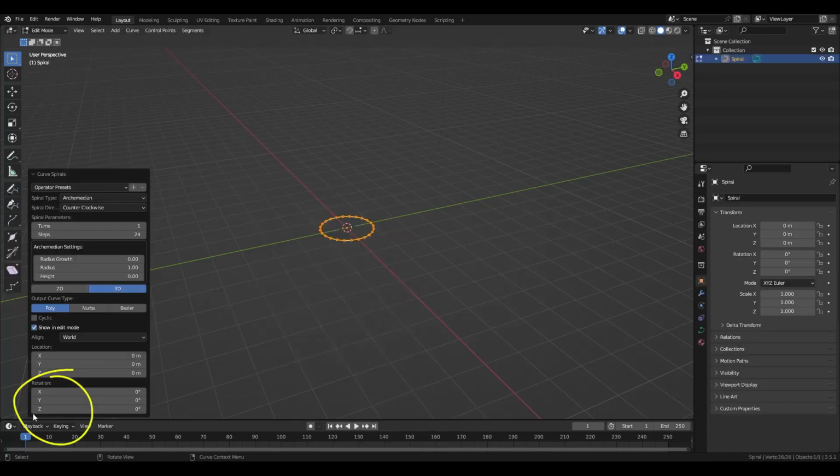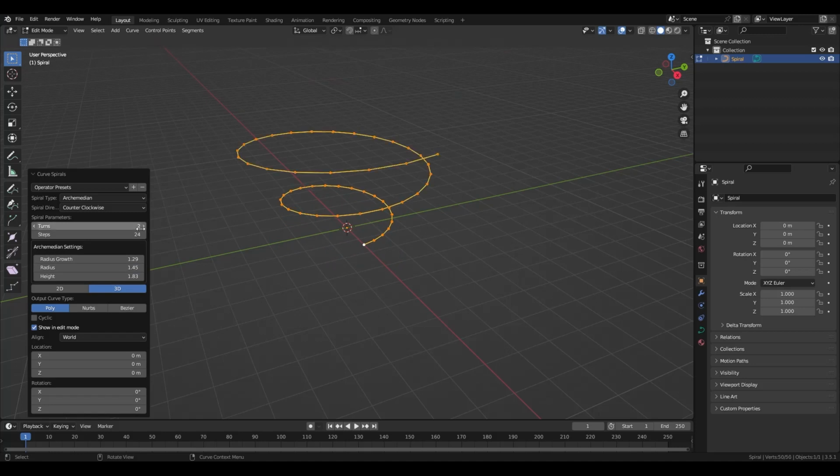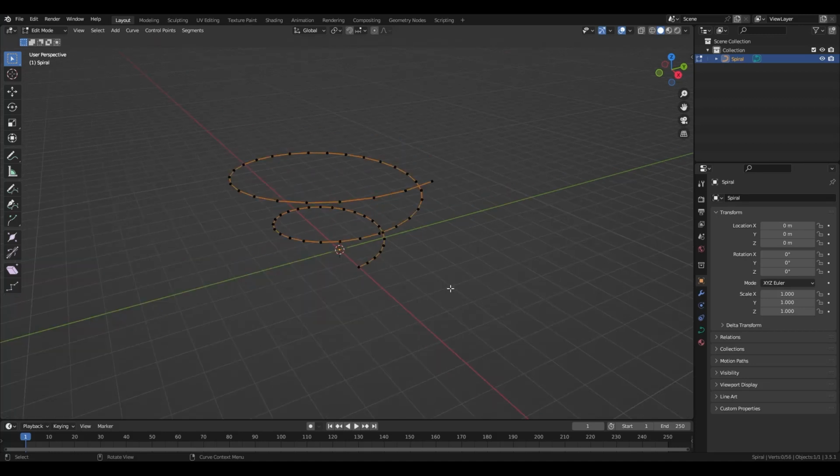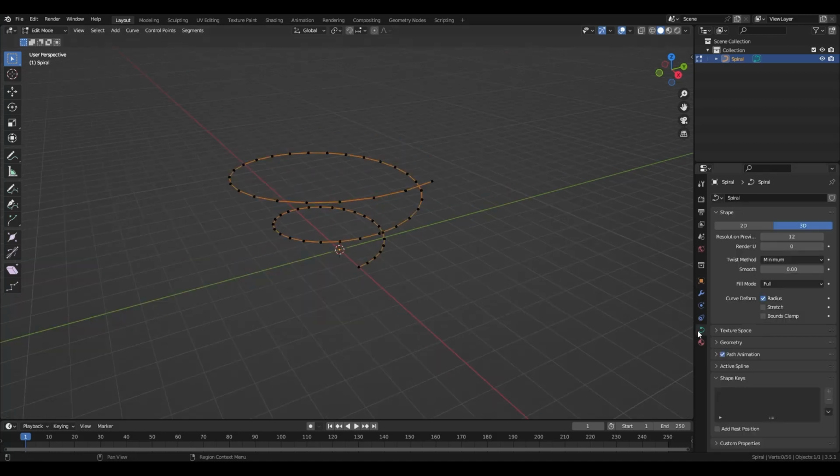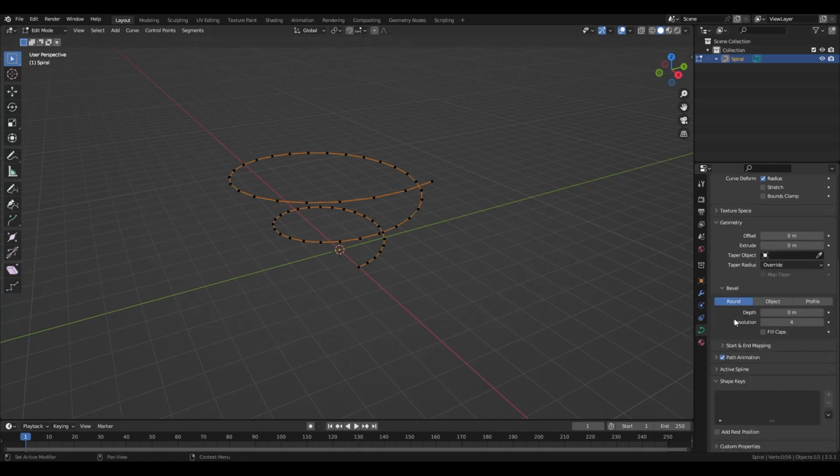Go to this pop-up, increase the radius growth to make it like a cone, or make it 0 if you don't want it. Play with the radius and height to make it long enough, and play with the turns and steps options here. To add thickness, go to object data properties, or this spline icon, and go to the bevel option,